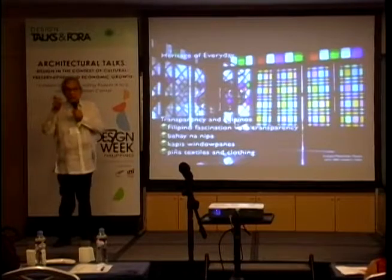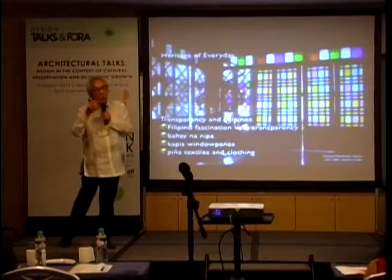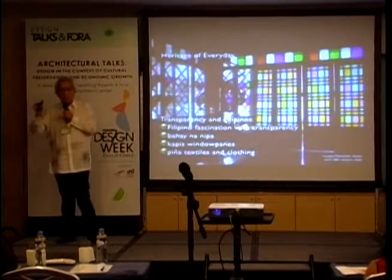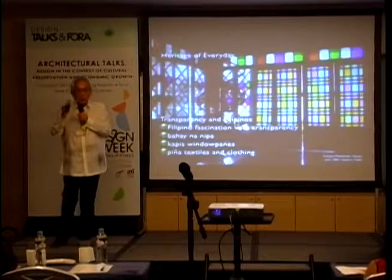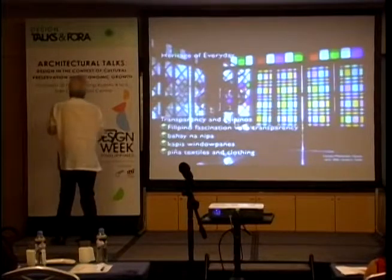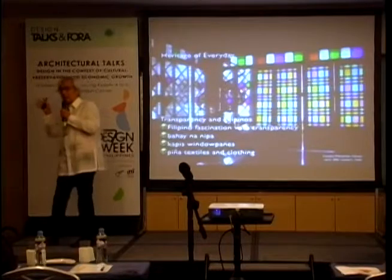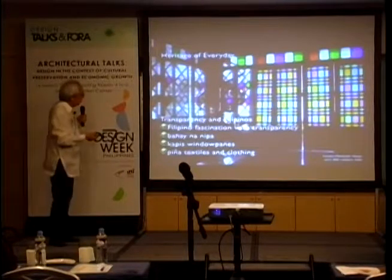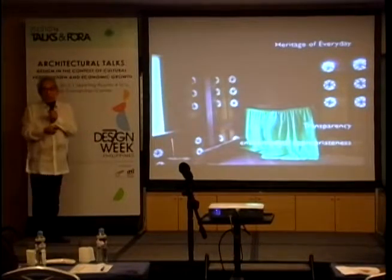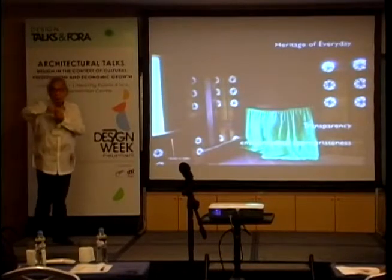So the idea of separation here in the Philippines is not as strong as it is in other cultures. In fact, people who live in small nipa houses, a whole family will live in one room, and to be private, one person will just turn around, face the wall and read, and that person is private. Look at this idea of transparency as well, where the wall is pierced to allow air and light to come in from the outside,